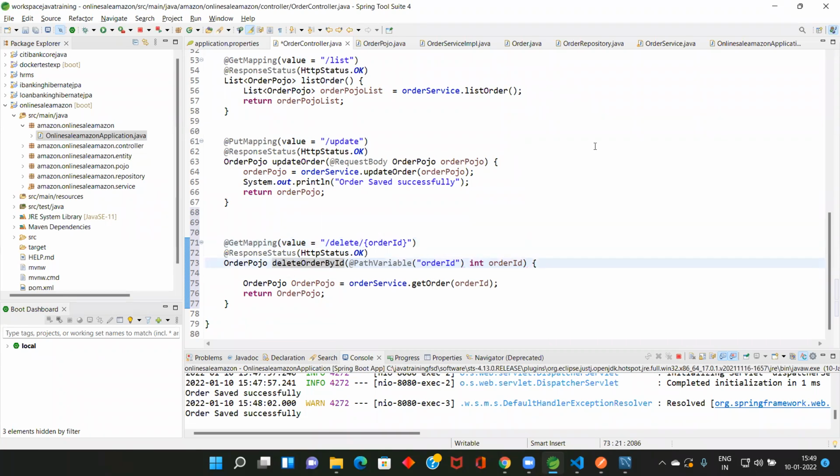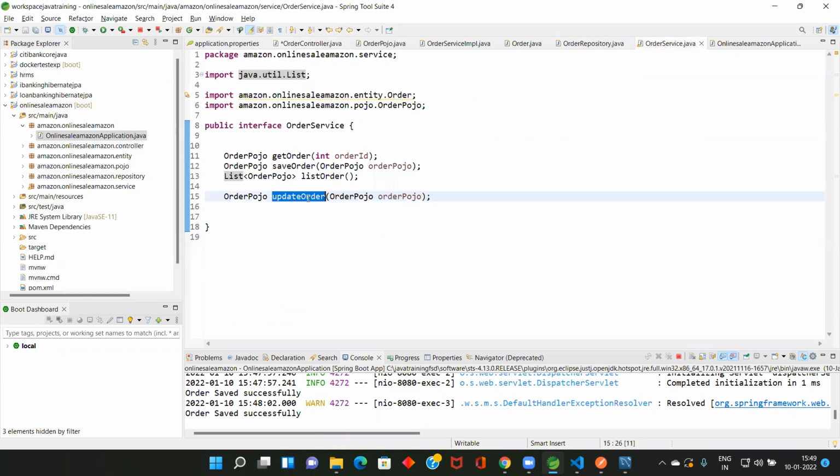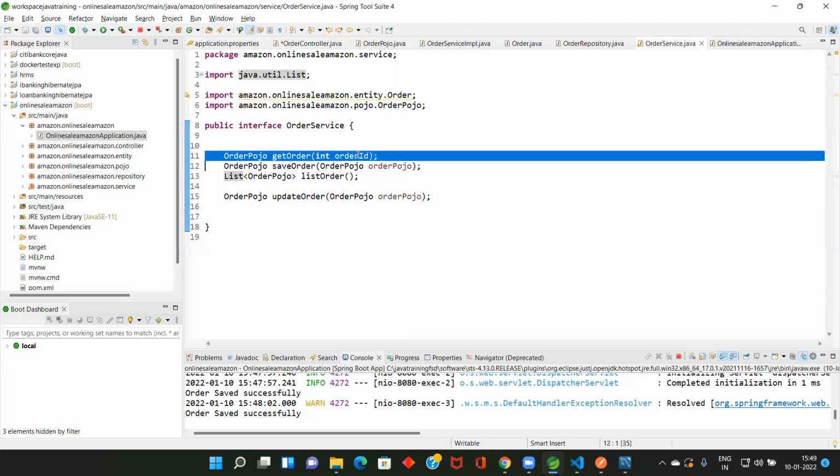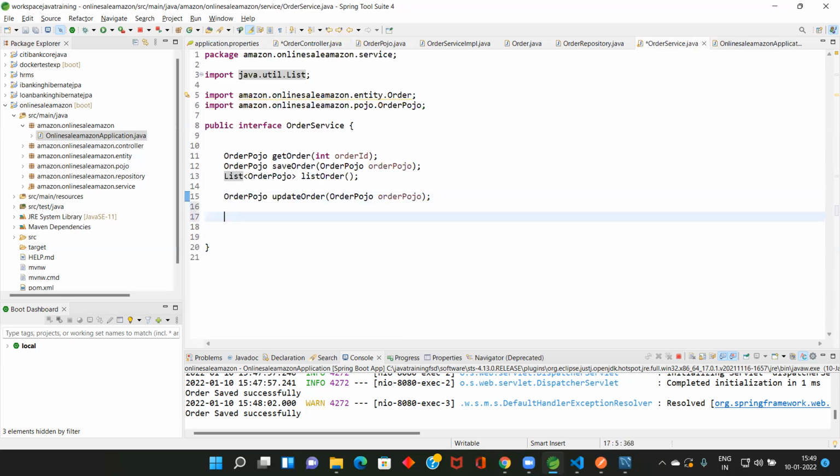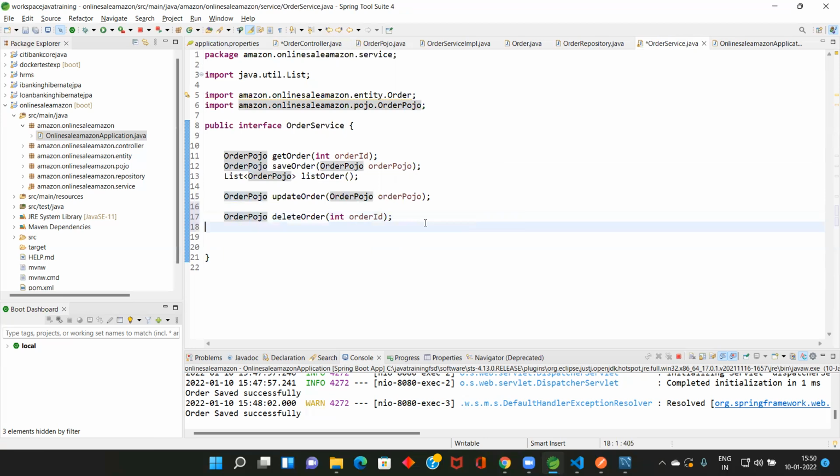Okay, then you are going to the service. In the service, I will change. I need to start from the service. There should be one method, right? Like this. So here, delete order, any name, to be meaningful, we are making it. So let it return Pojo, or a true or false, or a success message, or anything that you want to send. It's up to you. As of now, we will return the Pojo.